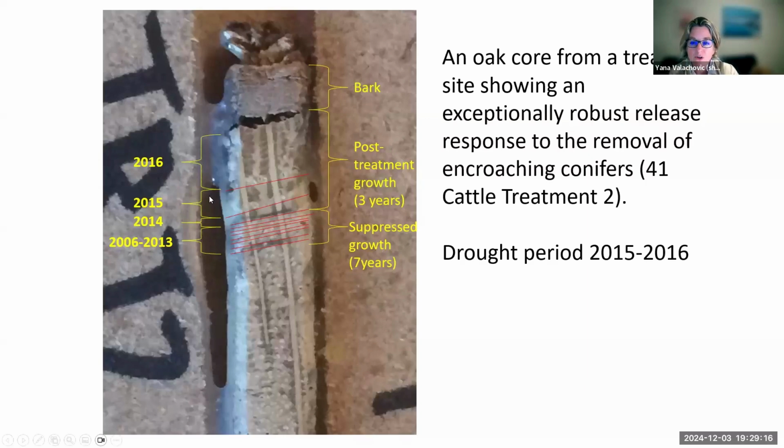And so what I'm showing for you is, look at this. So really tight rings, and all of a sudden you get a large amount of growth. And this overlaps with the drought that occurred in 15-16. So I think it's a really good indicator that even when these trees begin to decline because of all that pressure of the conifers dominating, the photosynthetic capacity, because they're shading out everything, that these oaks are able to respond